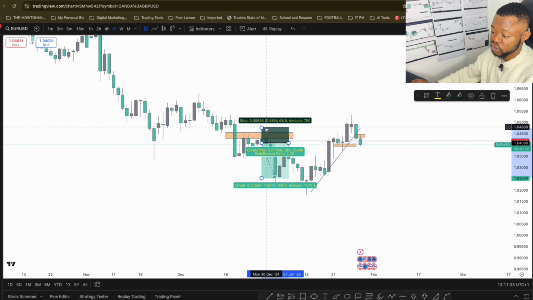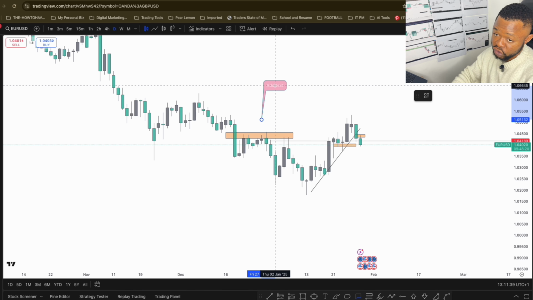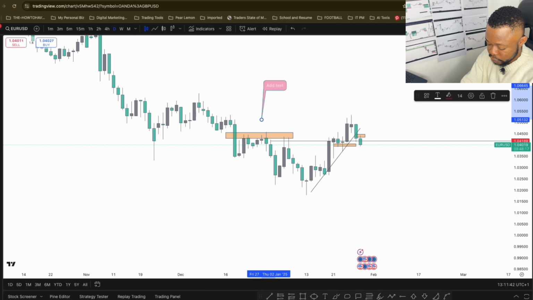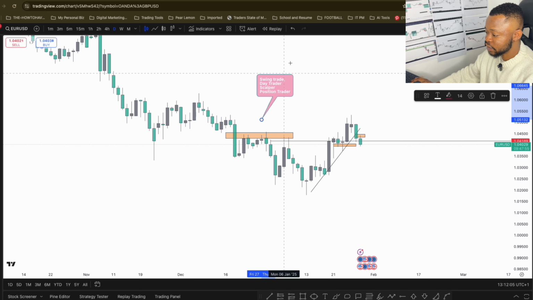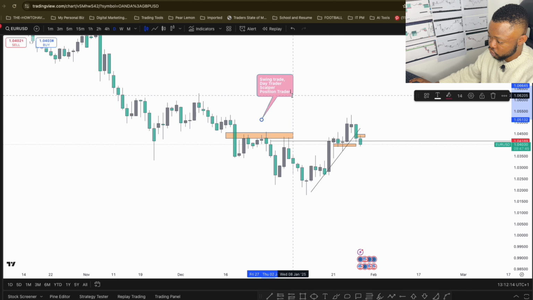So these are just the different variations to trading in the market. It's not a one size fits all. You can do anything. You can be a swing trader, you can be a day trader, you can be a scalper, and you can be a position trader. So as you keep learning the market, you find what resonates with you personally, and you navigate your way in the market through this. So these are some tools you can use. These are some trading styles you can use as a trader.